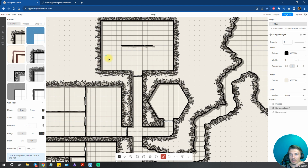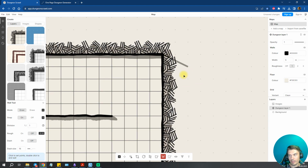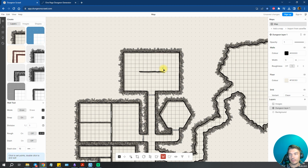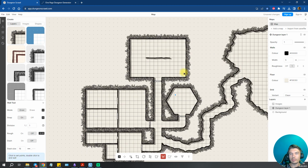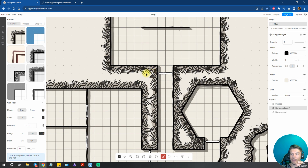Here, if I just export this and put it into my Roll20 game, and if I'm feeling particularly lazy, I'm just going to draw the dynamic lighting right along the grid just like this, and my players will not see all these beautiful textures around the map. You see these rough edges or whatever. So it will be looking pretty blank for them. So I do hope that when they integrate this stuff, they will figure something out on how to actually create